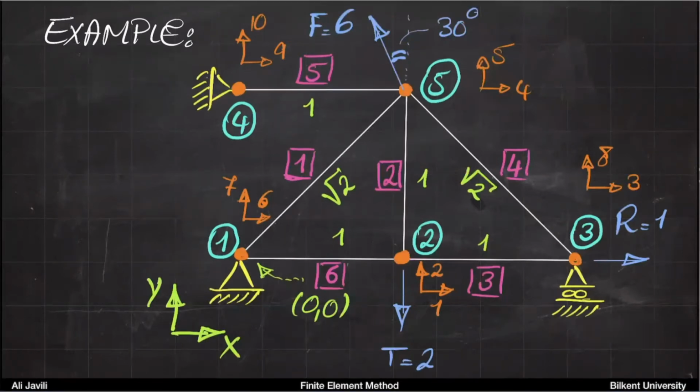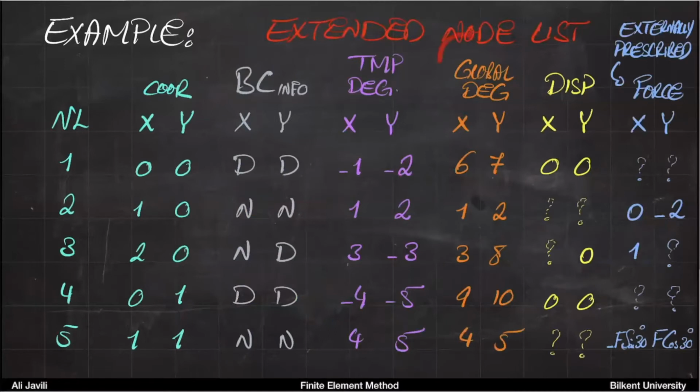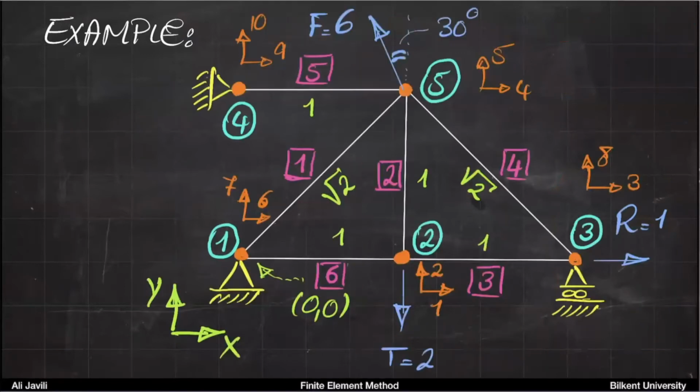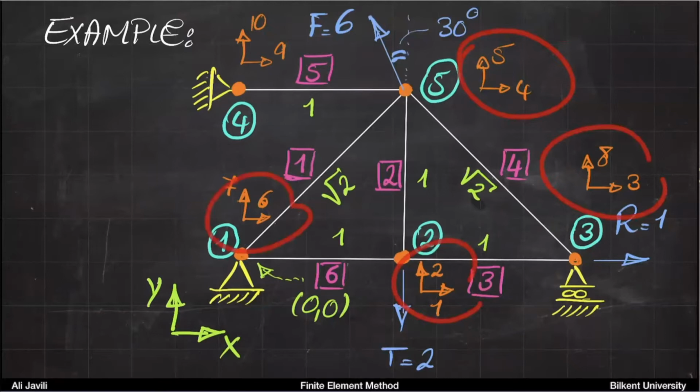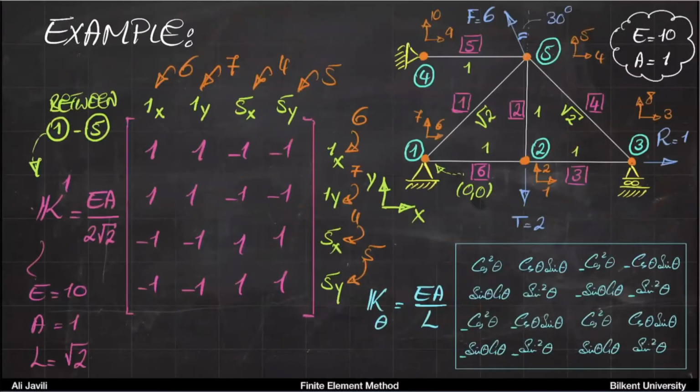Once you have that, we just introduce those global degrees, so you can see they are in orange. In the next picture also you will see them in orange. So these are the global degrees for each node. Now, what you need to do is to compute the stiffness for each element, but then you remember now each